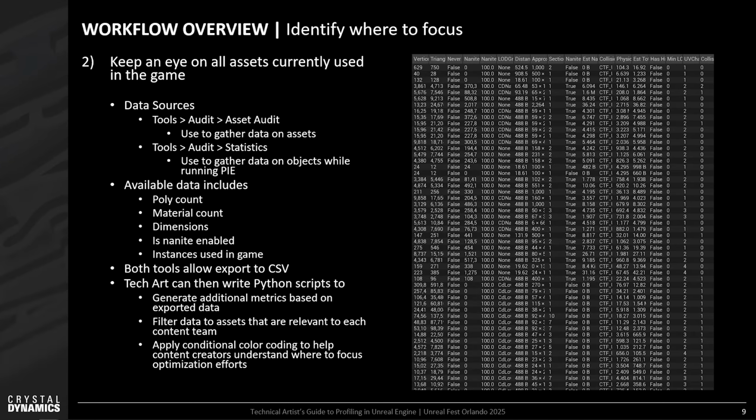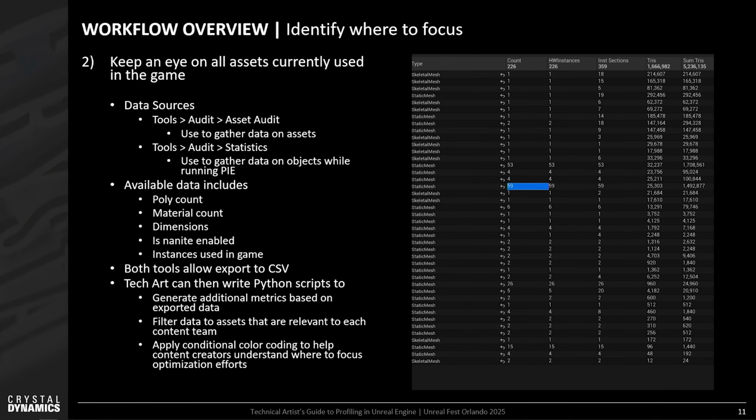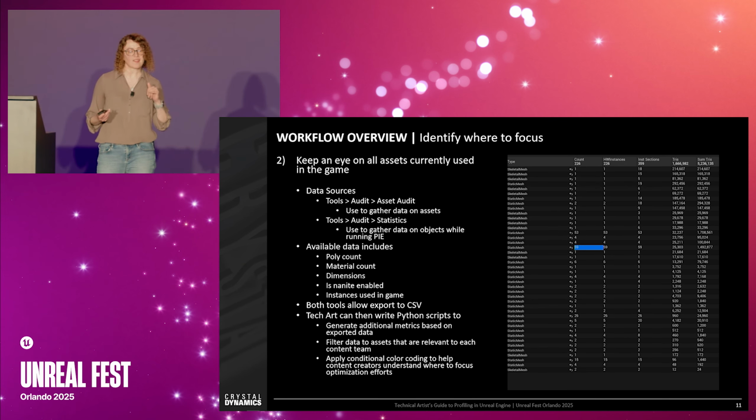There's a lot of data in here, and I'll get to that in a sec, how we want to process that. The other tool I want to mention really quick is statistics, and statistics is used to gather data on objects while you're running PIE. So here's an example of that, and one thing that's really helpful in here is instance count. So we can take the other data that was from asset audit, including poly count, material count, dimensions, is Nanite enabled, combine that with instances used in game, and then we can start